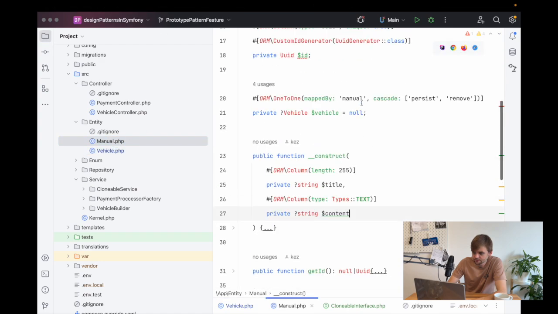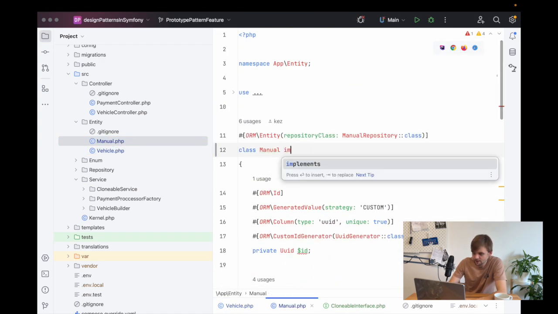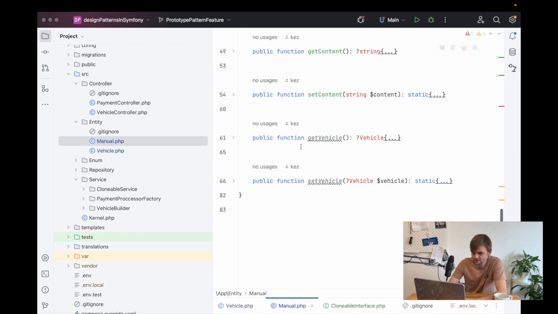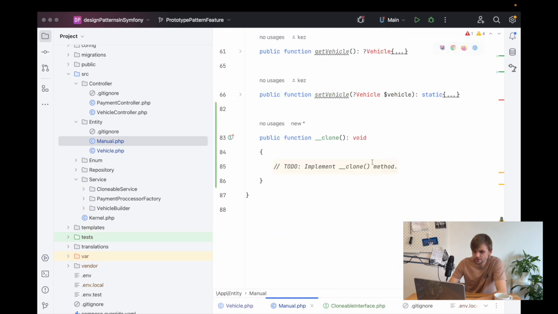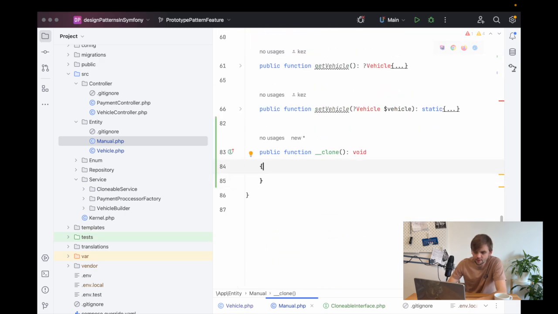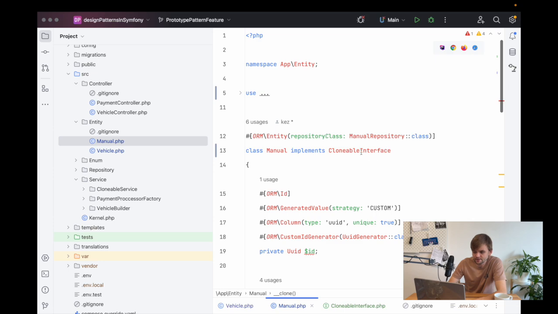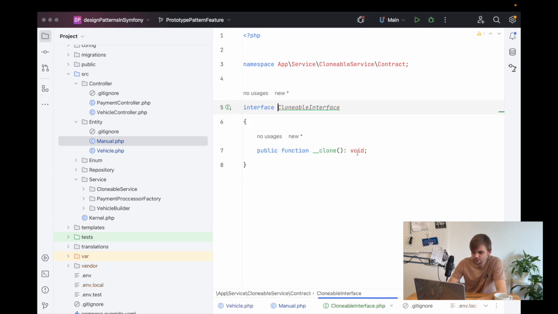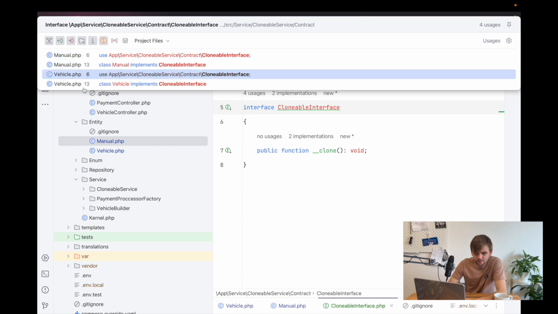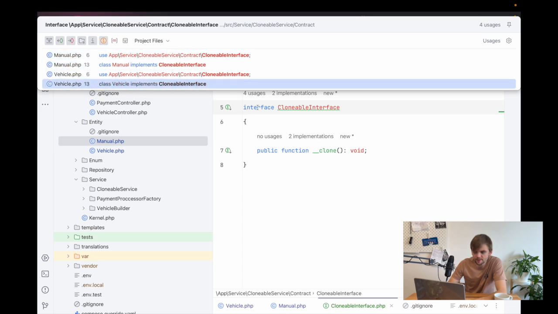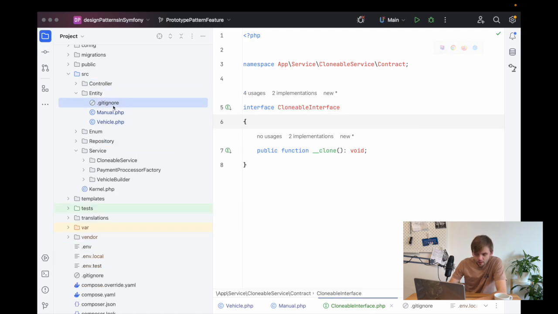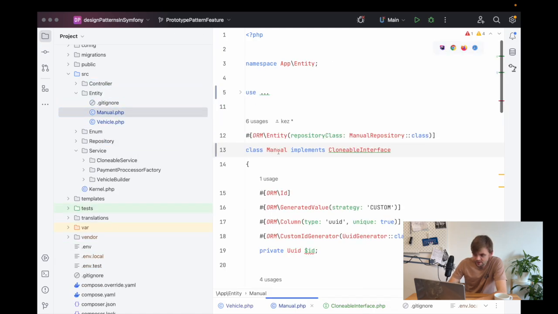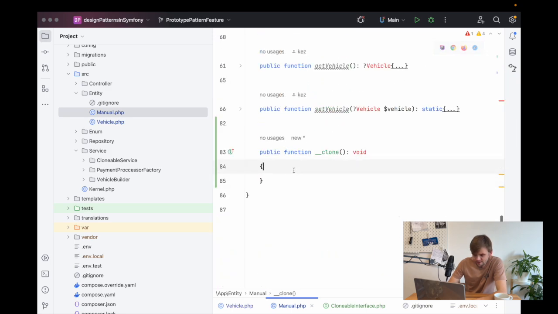We can head over to the manual entity, and we can implement the same clonable interface. The cool part about implementing the interface as well is the fact that you will then also know exactly how many objects are clonable, right? Which is quite useful. So for example, if I come over here, I can see that there are two that are implementing this interface, so I know there are two objects that are clonable, which is quite useful to know. Okay, so now we've implemented that. As you may have noticed, we didn't actually implement anything inside of this method in the manual because we don't